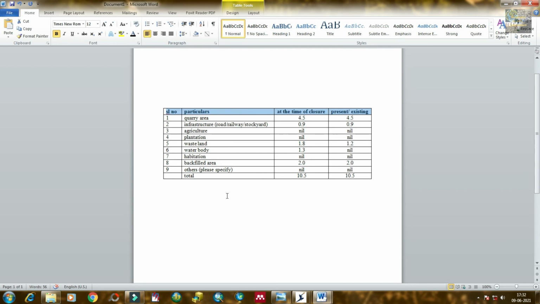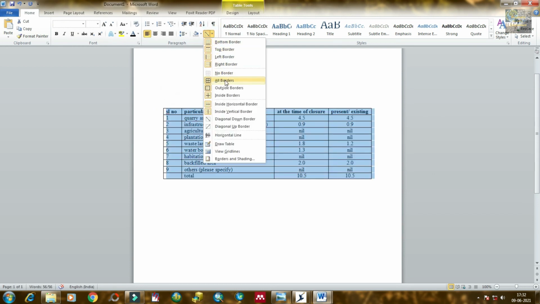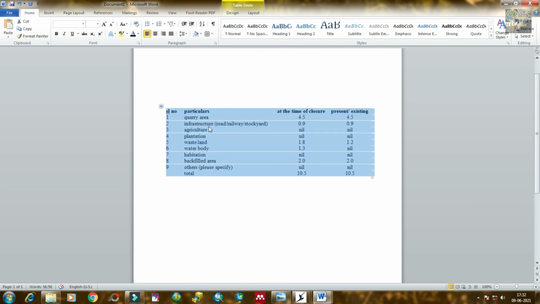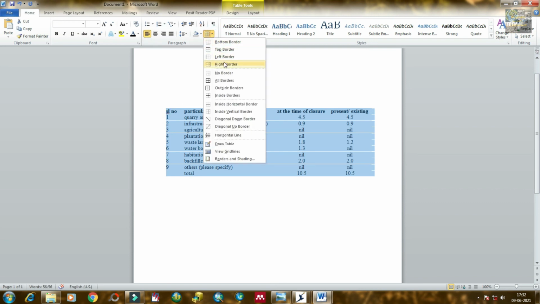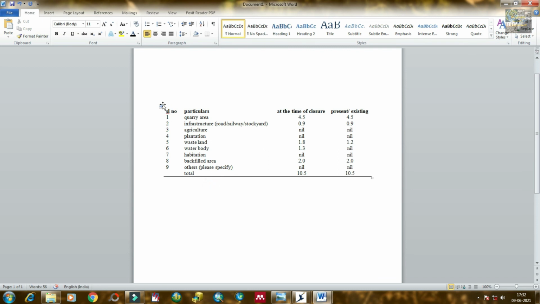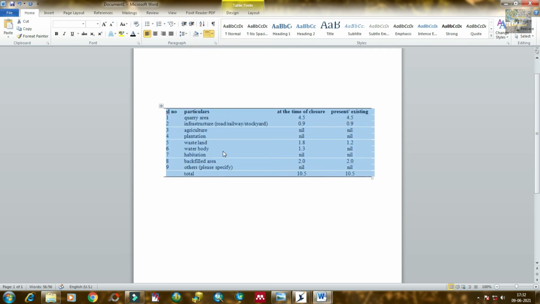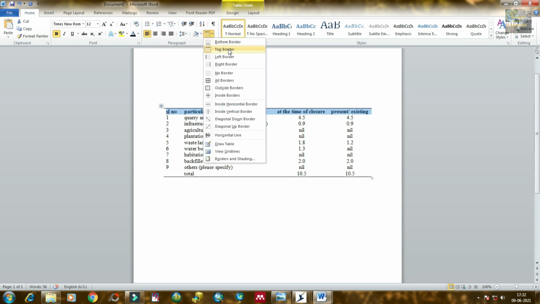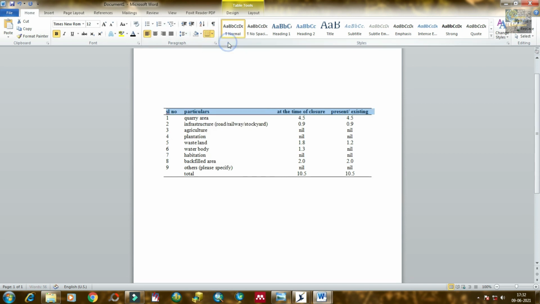I am going to select the table and then drop down the table button, and you can see I am selecting all borders. All borders have been dropped down, select table, bottom, and select bottom border. You can see only the bottom border has come. Then select the top border. You can see the top border has come. I am going to insert a border just below the heading, below the headlines of the table. Going to the border table button and click on bottom border.